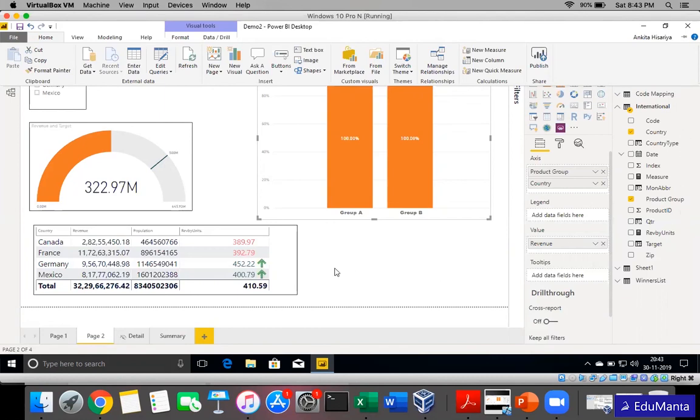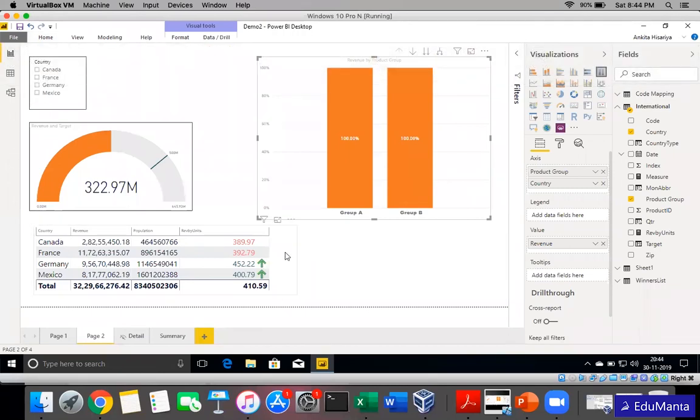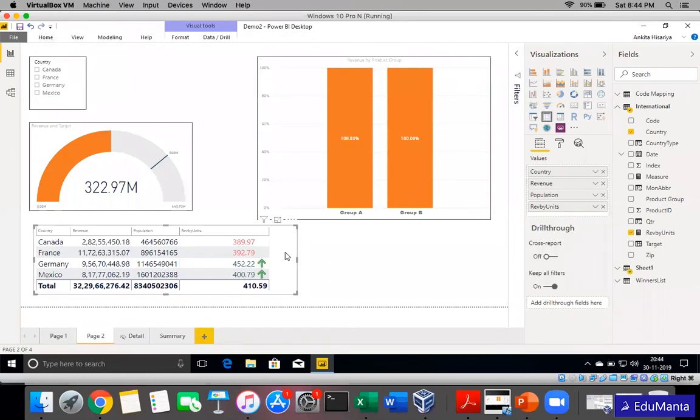So the Edumanta team is also trying to plan an advanced Power BI course. Details will be available. You can contact the admin and they will provide you the details of that course if any one of you is interested. I just showed you a glimpse of how to create a dashboard, and the conditional formatting was shown, but it's a tool and it's not possible to cover every detail in a 5-day course.